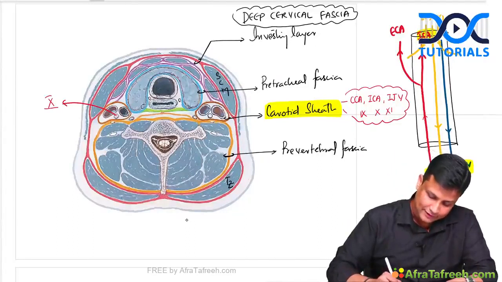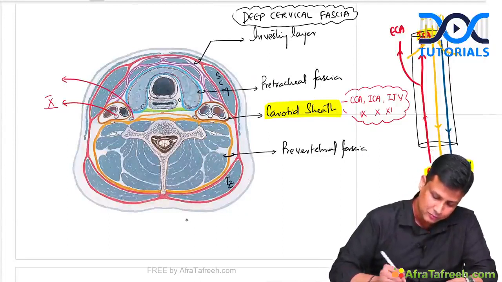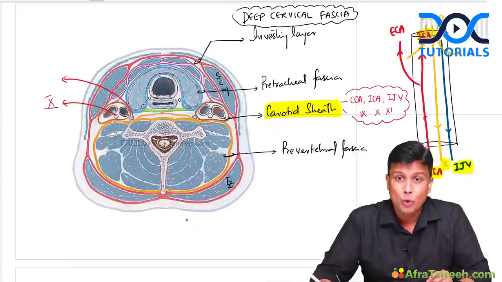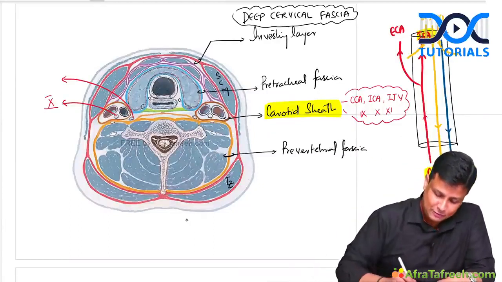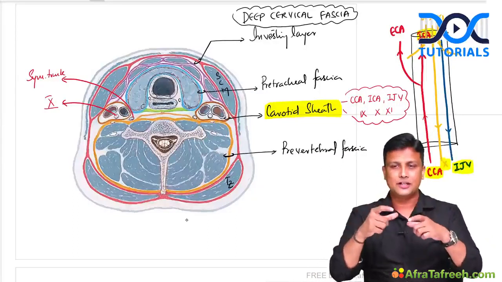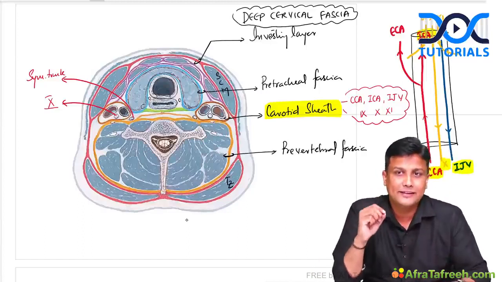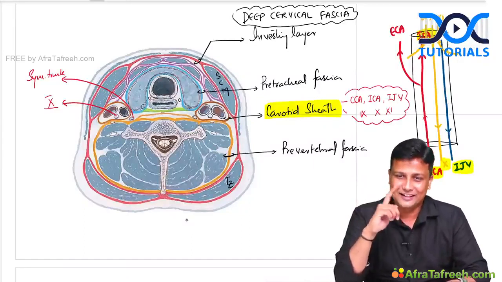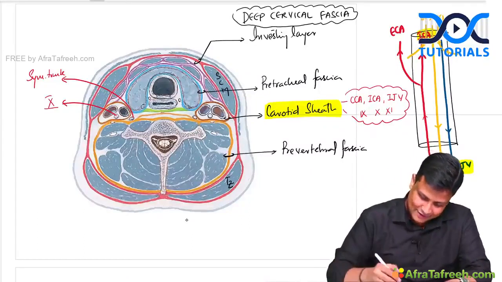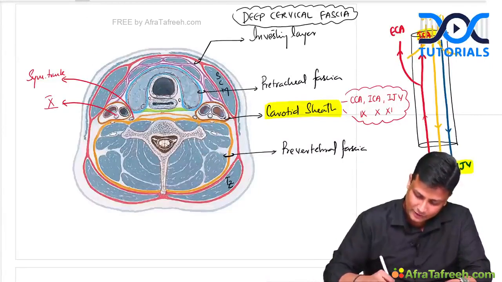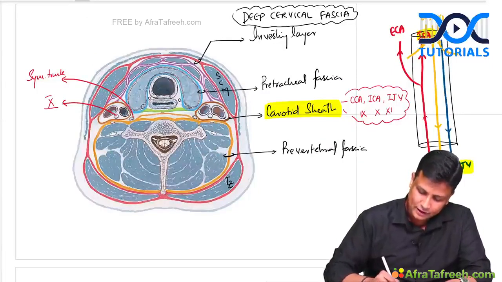Now after that, identify what about this one here. That is present behind the carotid sheath. And what is the posterior relation of the carotid sheath, sir? Posteriorly, we will be having the sympathetic trunk. Behind the carotid sheath, you will be having the sympathetic trunk. That is the posterior relation of that. I am really happy with the answer that you are giving there, guys. Lovely. Now, once you see inside here, inside the prevertebral fascia, you are able to see the vertebrae, the transverse